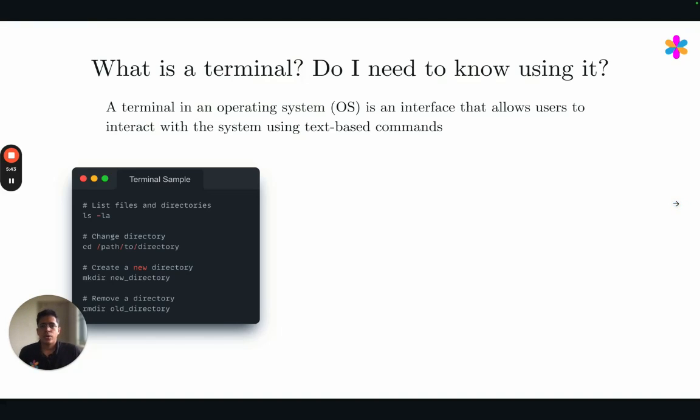Now, another thing which I want to talk about in this introduction section of the course is what exactly is a terminal? And do you have to know exactly how to use this terminal? A terminal is nothing but this black color window where you can type some weird commands, right? You must have seen this when more experienced coders or people managing the operating system use the terminal very frequently. The terminal is the way in which you can interact with your operating system.